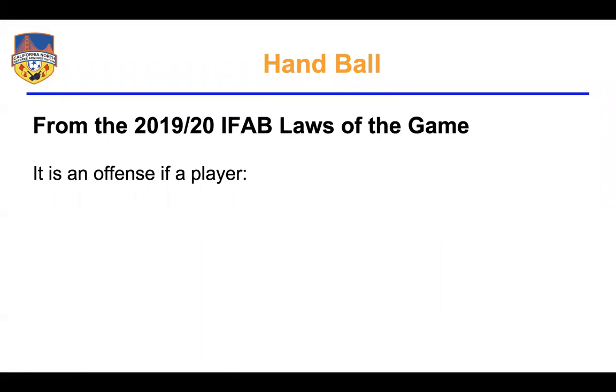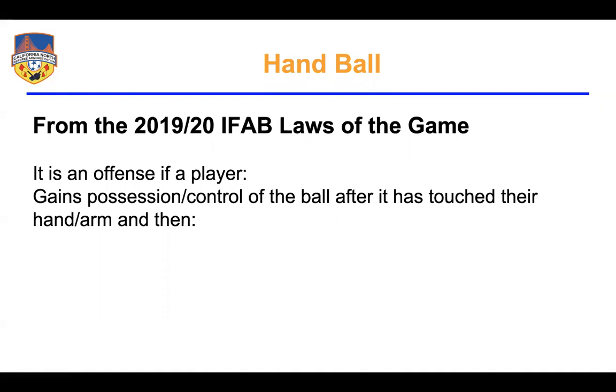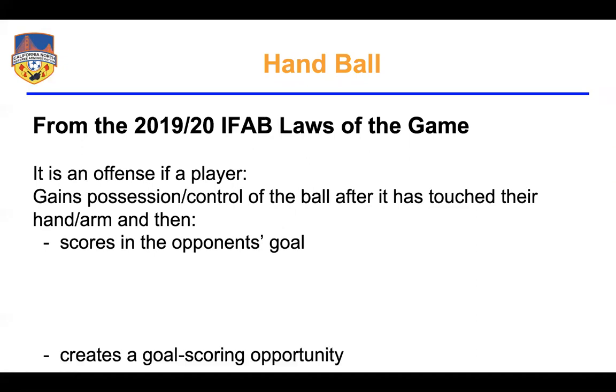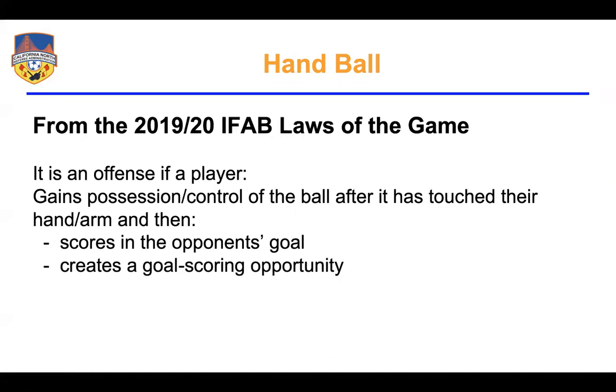Moving on is where we start to get to see some of the refinement of the law. So we are going to call a handball if a player gains possession or control of the ball after it has touched their hand or their arm, and then either A, they score in the opponent's goal, or B, they create a goal-scoring opportunity. So this is a scenario, again, they're not talking about deliberate or not. They're just saying if the ball touches the hand or the arm and then they score immediately as a result, or they create a goal-scoring opportunity, for the fairness of the game, we want to call that a handball, even